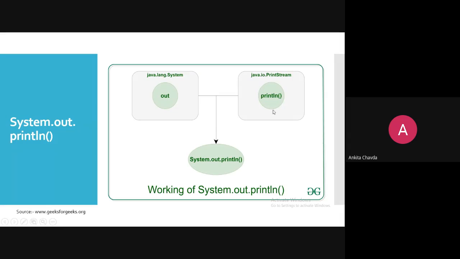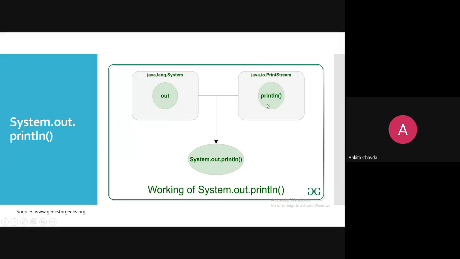And this method, the println method, is actually of java.io.PrintStream. Okay, this is one of the classes, because in file handling, whenever we start it, at that time also you will learn some things, such as what is a stream. We'll have two different kinds of streams, byte stream and character stream, right? And for those we have a number of classes, around 18 classes, what I remember, right? So one of the classes is PrintStream, which resides in the IO package, because IO is generally for input and output operations, right?